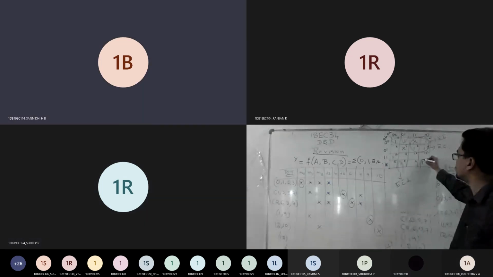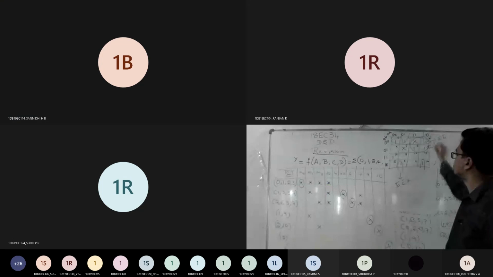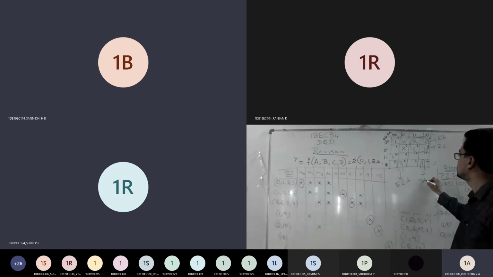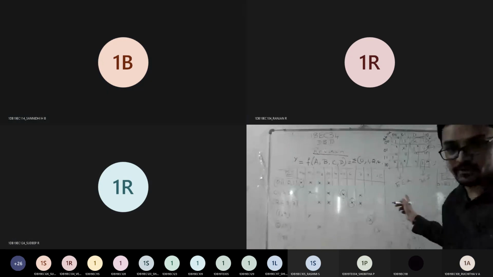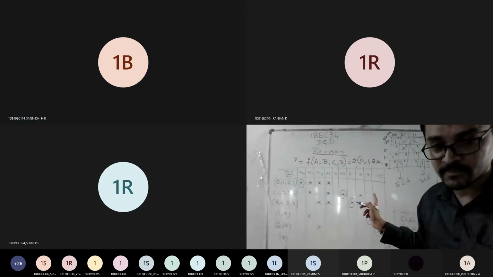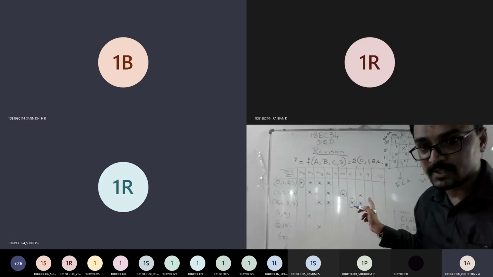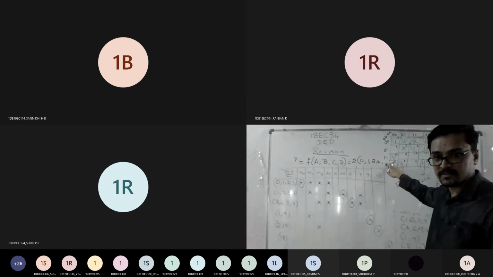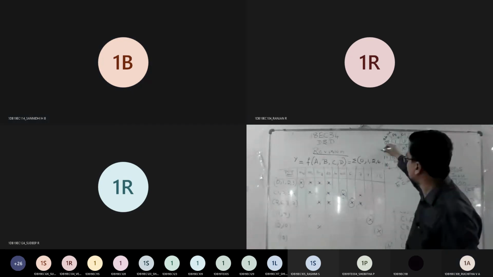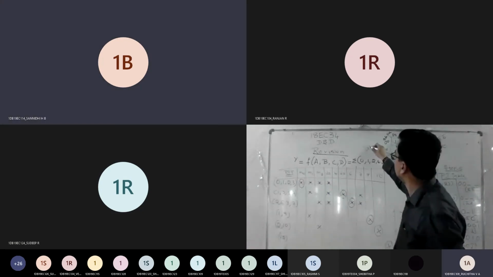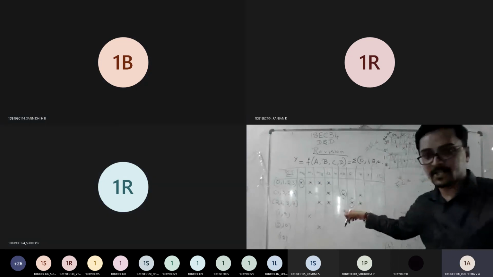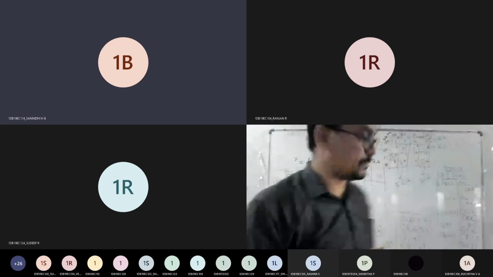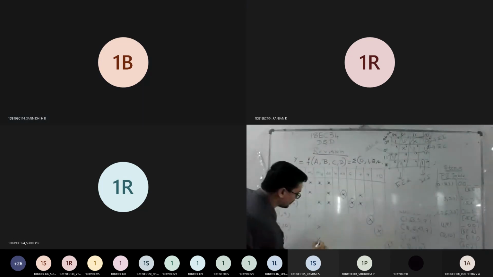Next, similarly this also pair. This and this. What is the answer? B bar, C D bar. So again, your fourth answer also matched. Where is the last one then? Is it single? Single, sir. 12. Single? Yes, sir. What is the answer for this? A B C bar D bar. What answer you got here? Is it matching with this? Yes, sir. So hence you can write the final answer.